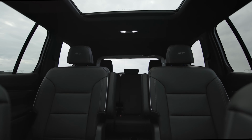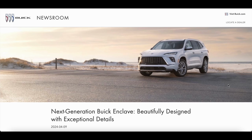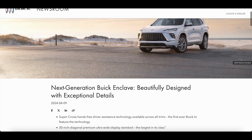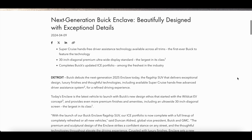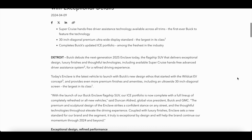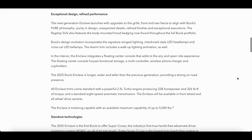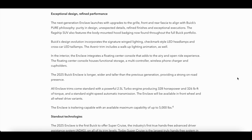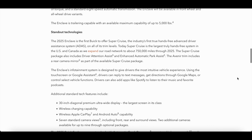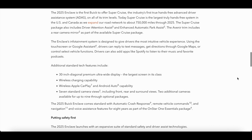automatic transmission. They haven't unveiled the fuel economy numbers for this new Enclave, but we can look at the Traverse. So a front-wheel drive Traverse would get 20 in the city, 27 out on the highway, and if you get all-wheel drive, your MPG drops to 19 city, 24 out on the highway, so kind of average fuel economy figures. And I'm guessing all-wheel drive is going to add $1,500 or $2,000 to the price of the